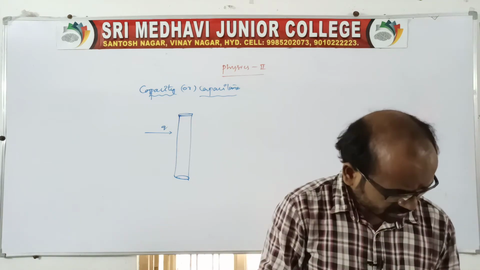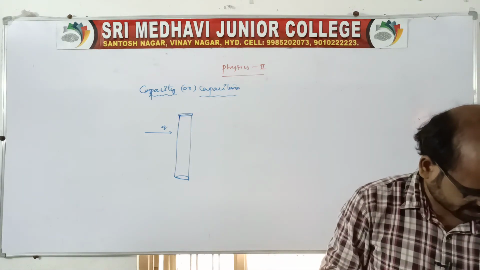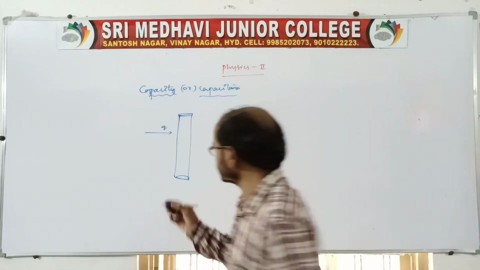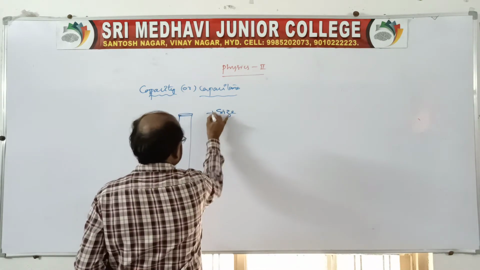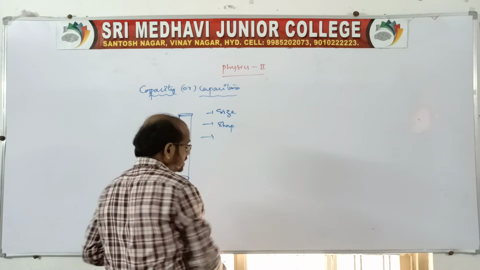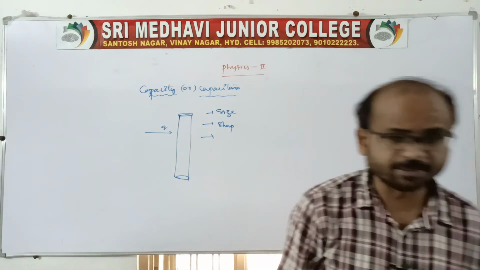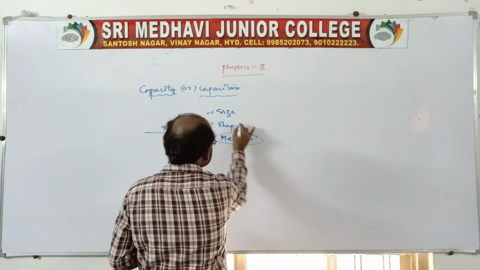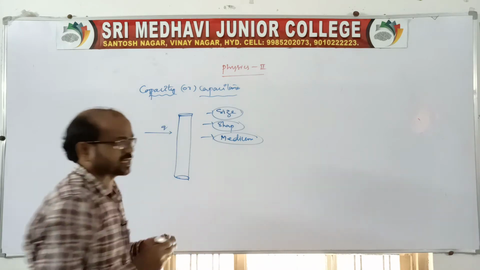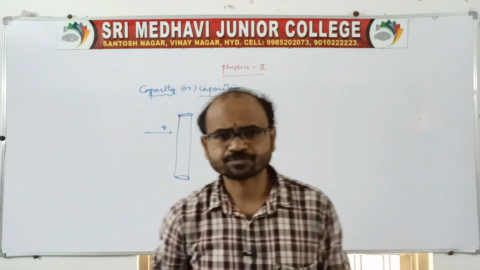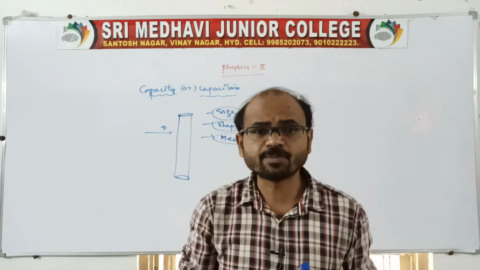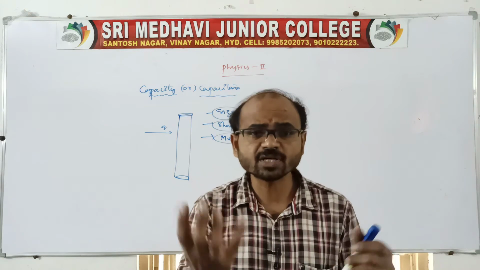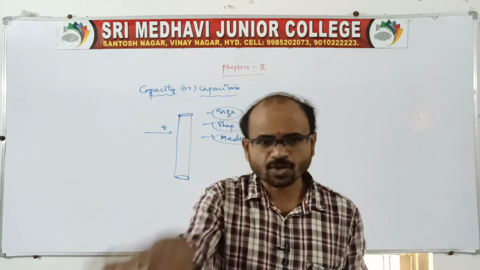Sir, on what factors does the capacity of that conductor depend? The capacity of a conductor to hold a charge depends, of course, on size. Second is shape. Third is the nature of the surrounding medium, so it also depends on the medium. Suppose you take a water tank, the tank also depends on its size, because we say a 1 liter tank, a 2 liter tank. That means it depends on size, shape and surrounding medium.